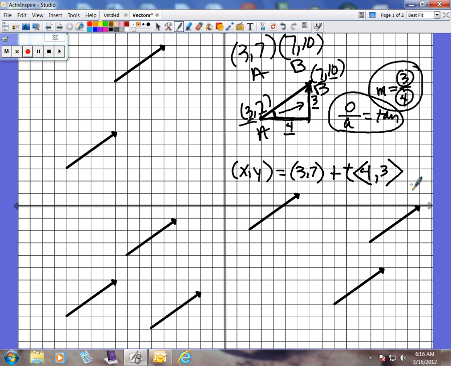our vector equation. And you'll notice here, I'll write it over here, we'll put V for vector here. Our vector equation is by taking those ordered pairs, subtracting backwards, finding your direction vector that goes here. T stands for time. (3, 7) is the initial point, the beginning of where the vector starts from, where we're talking about it. Now,